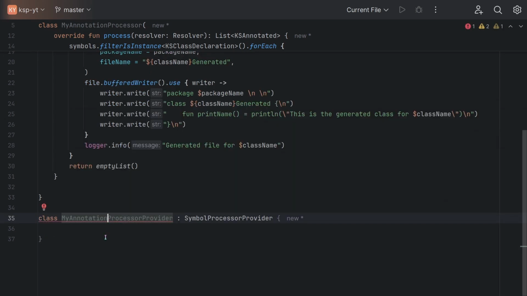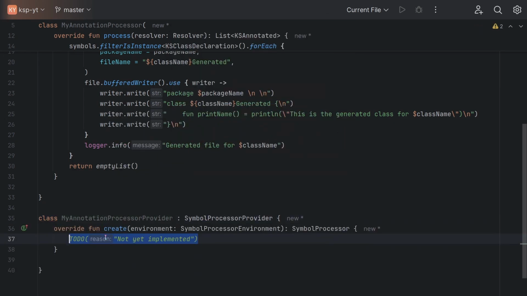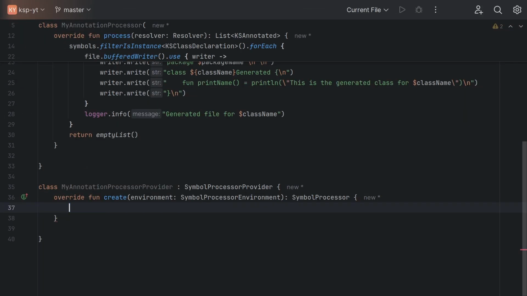You are required to override a member within the provider known as create. Create usually provides the processor environment and returns a symbol processor. We will return my annotation processor